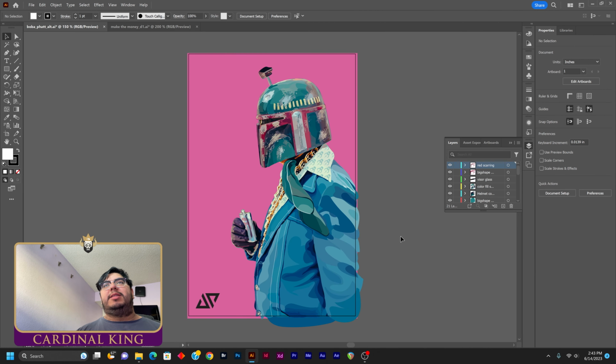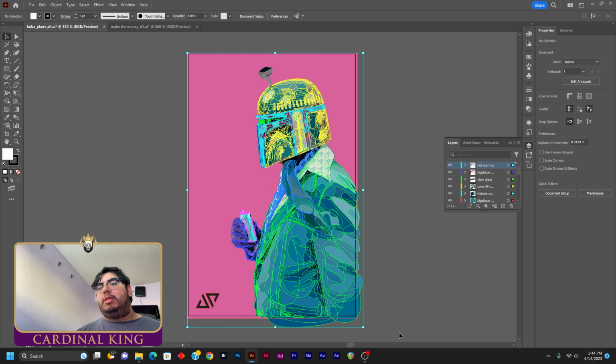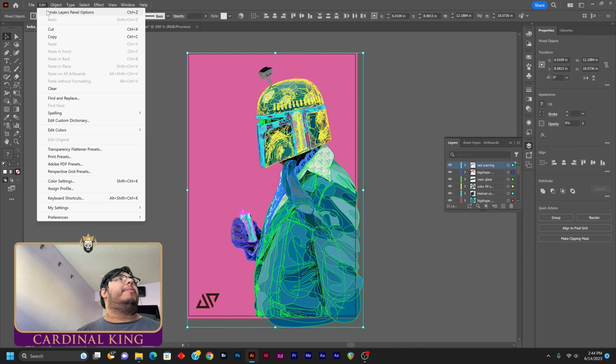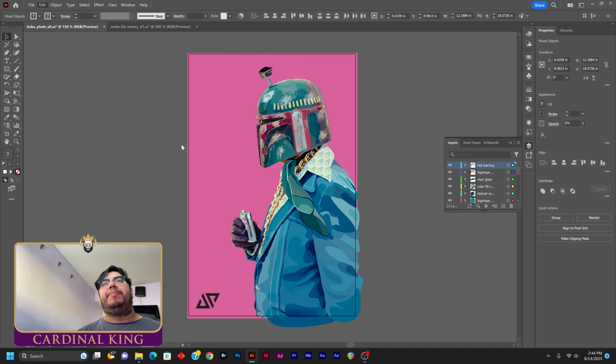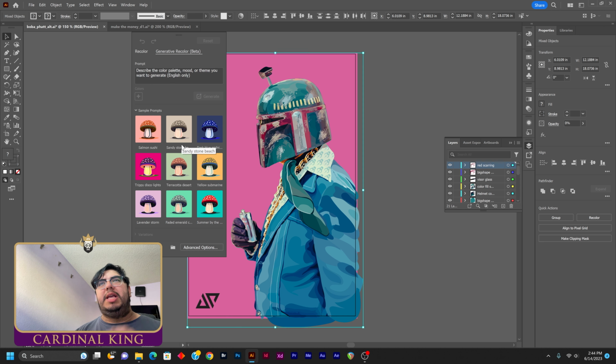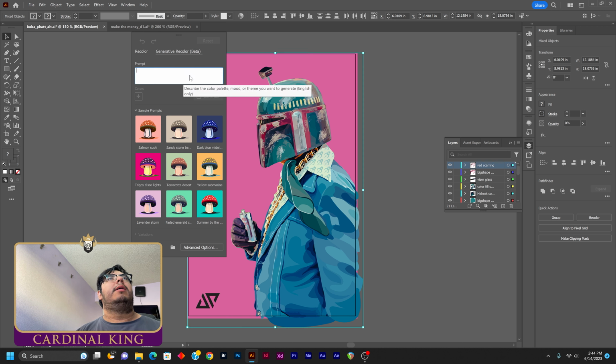All right, guys, and this example is a Boba Fett piece I did for a Star Wars art show a couple of years back. So we're gonna select the whole thing. Again, we're gonna go into Edit, Edit Colors, Generative Recolor. And this one will be a little more practical because it kind of has a theme already. He's like a 70s, disco guy. So we can do